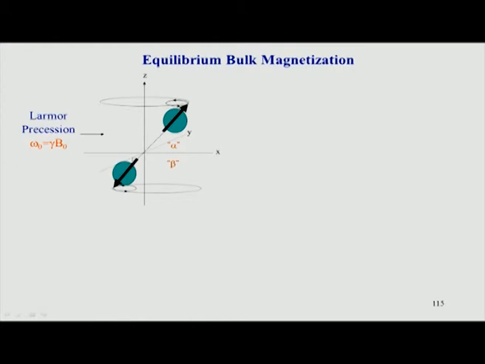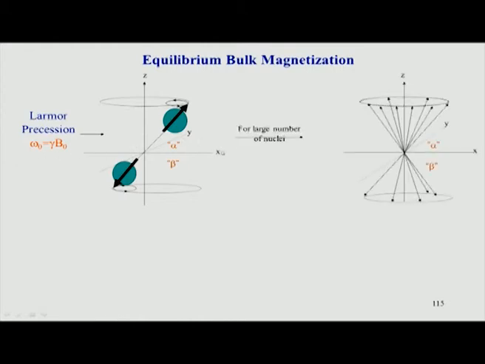This is the same equation that we saw in the previous slide. The point here is that from the quantum mechanical point of view and from the classical point of view, the energy is the same, because we are looking at the same system. Now, if you look at a particular spin, if it is in the alpha state, the ground state, it will be oriented like this, and if it is in the beta state, it will be pointing downwards.